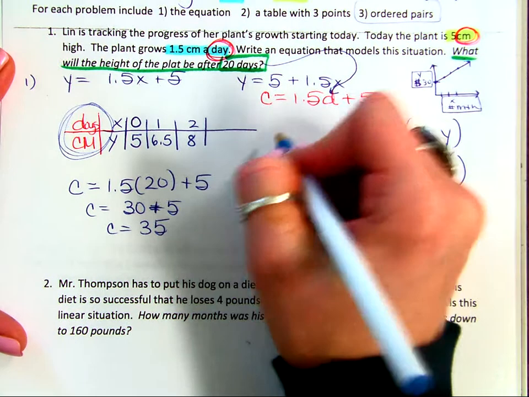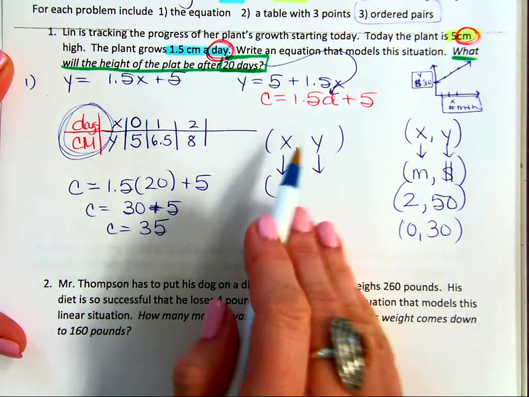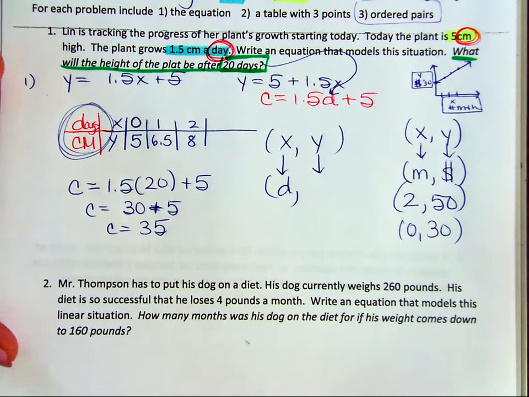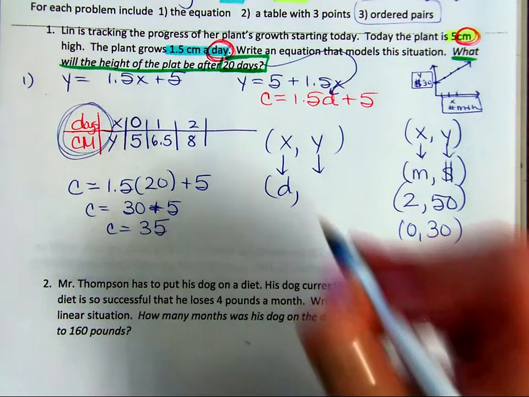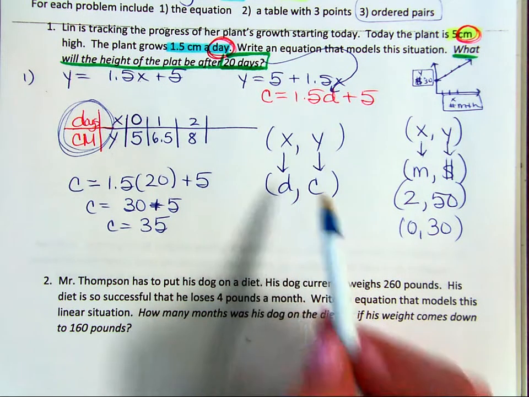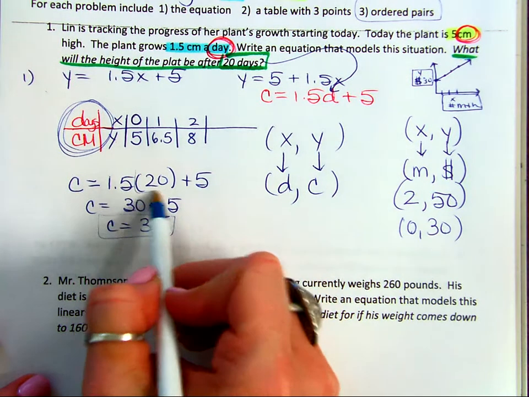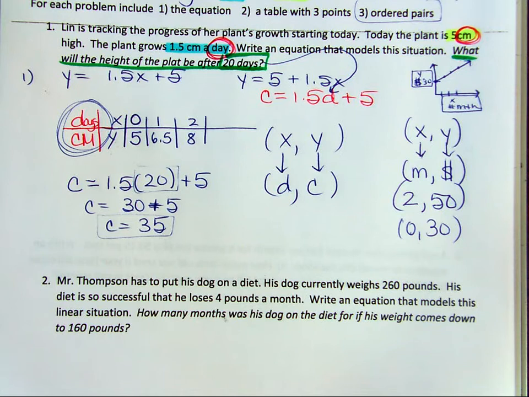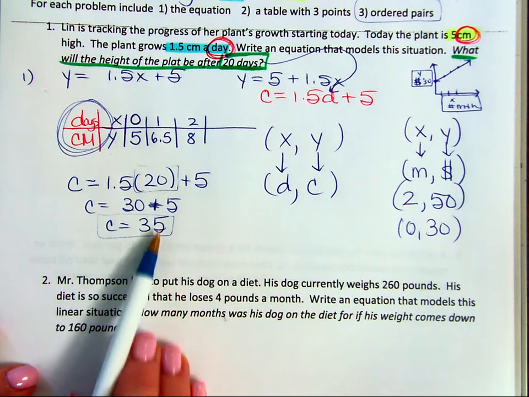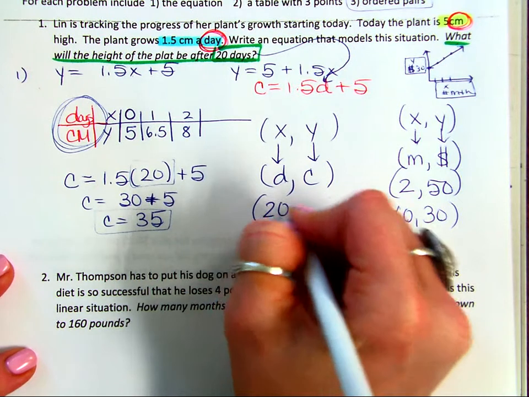So let's do this. Let's get back to our plant example. What is your X? X is the number of days. And you could use H for height if you want, but we're using C for right now. So I know that it's days comma centimeters. So now what can I do with this and this? What ordered pair will I create from finding out that 20 days later it's 35 centimeters tall? I just said it. 20 days later it's,